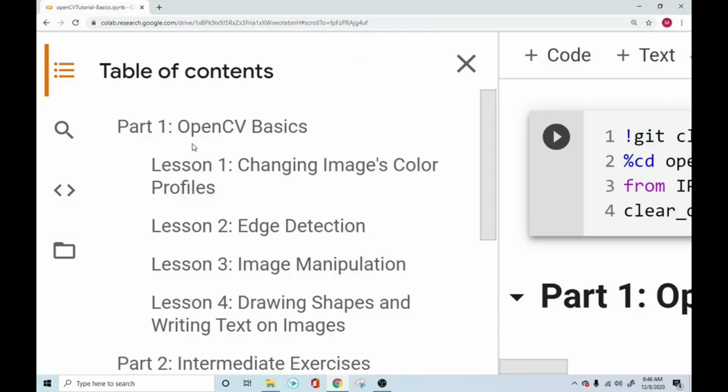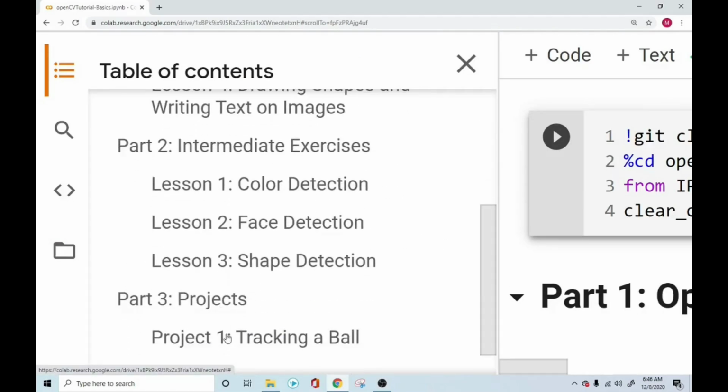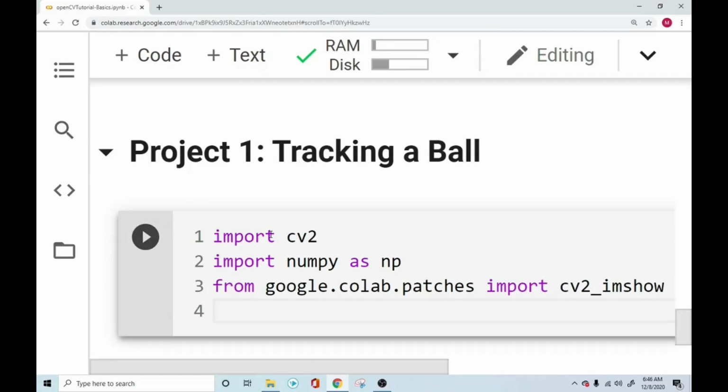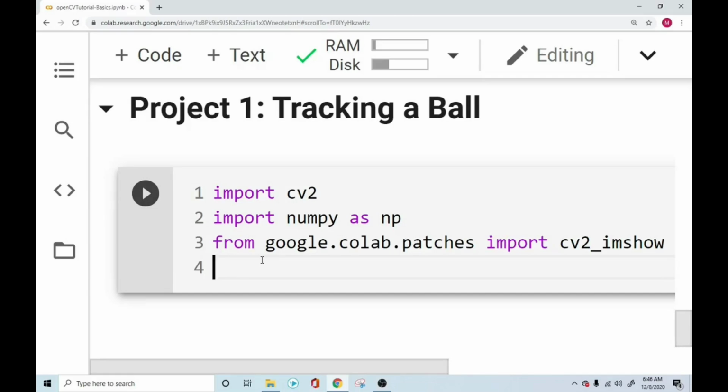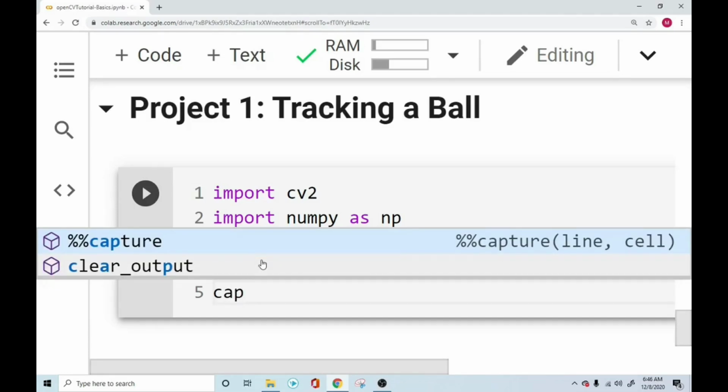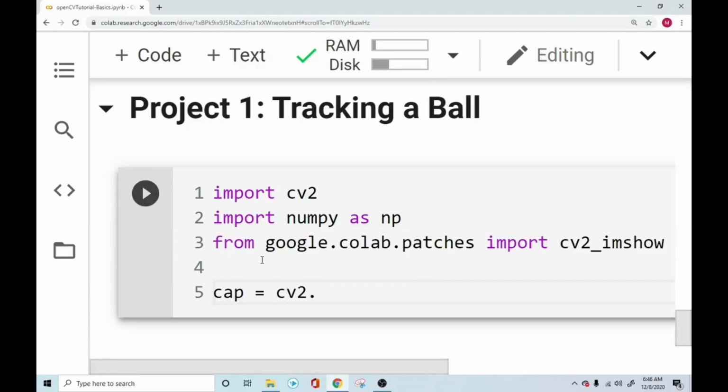Okay, let's come back to the table of contents. Let's go into the project, which is tracking a ball. Let's continue our coding. Right now we have just imported the libraries that we need. The next thing is, let's open the video file that we just saw. OpenCV has this function called VideoCapture, which is able to read a video file for us. So we'll create a capture variable called cap equal to cv2.VideoCapture. And this is able to